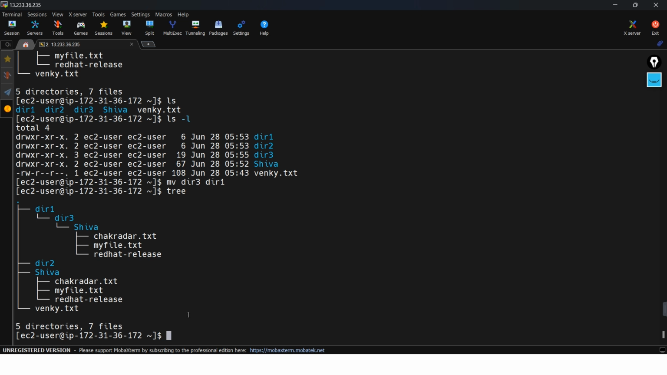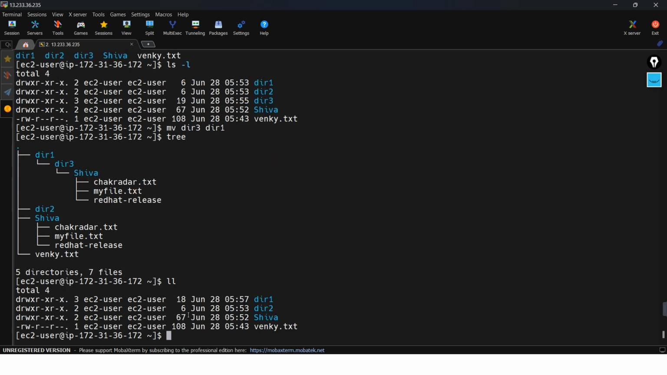And remember guys, in an interview you may face this question: how to rename a file? The mv command is used to move content, and the mv command is also used to rename a file. So for example, now we have dir1 and dir2. I want to rename dir2. So for that, mv